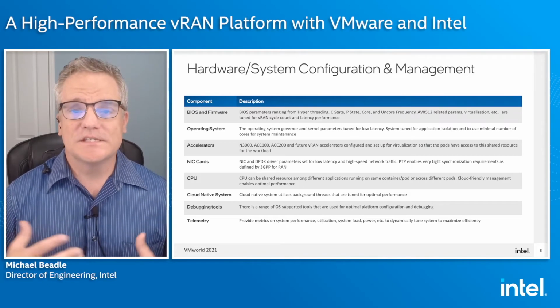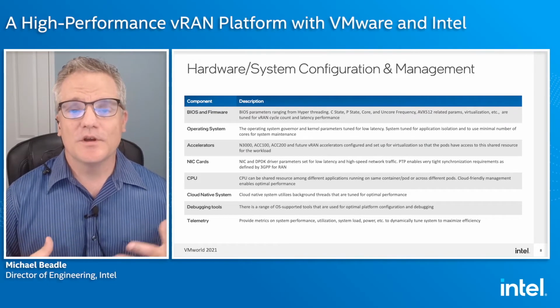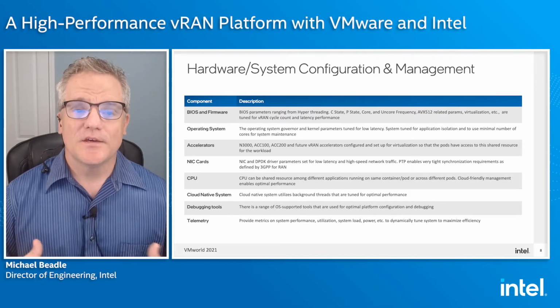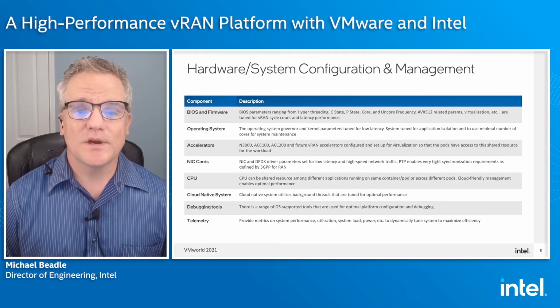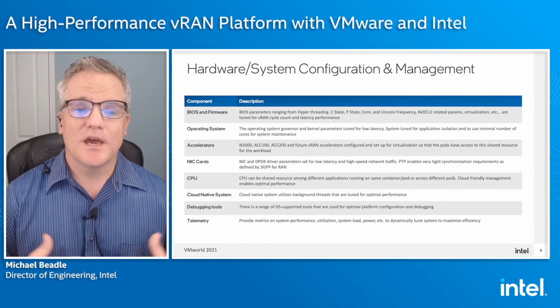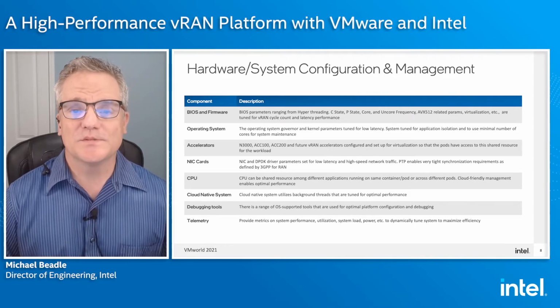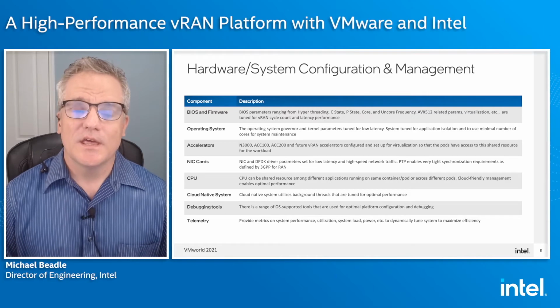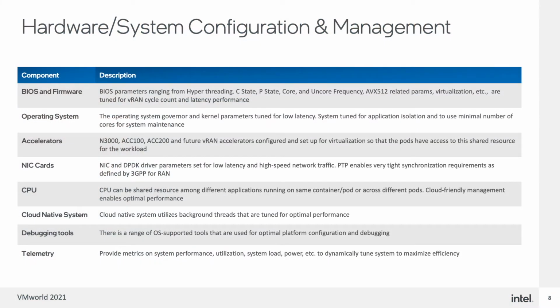how do you make sure that this system and all the work we've done together with VMware, how do we make sure that from all these different components that are related to the OS and the cloud native architecture, we get the best performance and best stability? It involves many different aspects, including the CPUs or the BIOS. Let's say, for instance, there are OS-controlled parameters and optimal parameters that ensure the real-time application, right? The base station is a very real-time, low-latency application. It needs to be consistent. It needs to be very predictable.